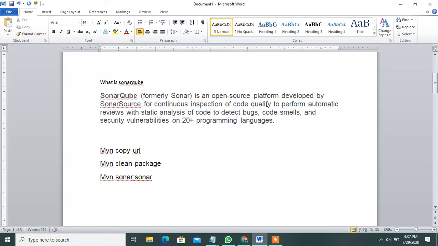That is used under the SonarQube server also. I will show what the options of the SonarQube server are and how to run it.